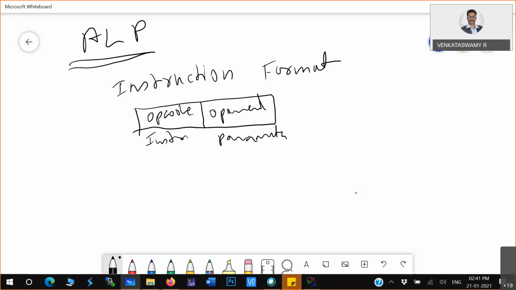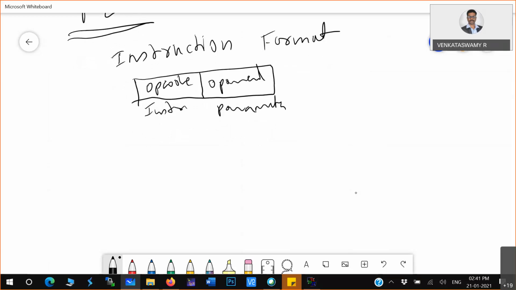Now, for example, I told you in high level also you have different types of instructions. So in assembly programs also you have different types of instructions. One is data transfer instruction.